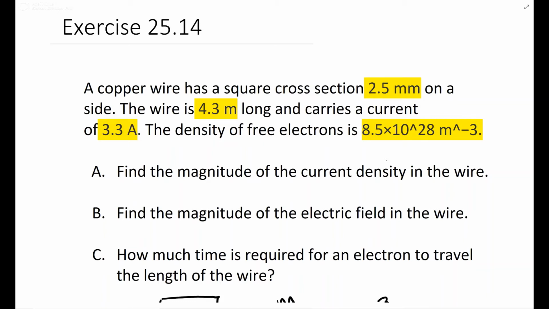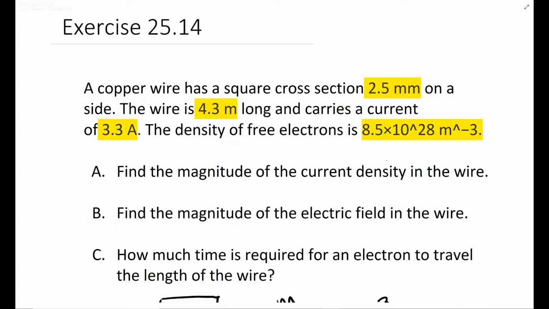Say this is exercise 25.14, and in it they give you a copper wire. It says it has a square cross-sectional area with the side length of 2.5 millimeters. It gives you the length of that wire, which is 4.3 meters. The current it is carrying, 3.3 amperes, and the density of free electrons, which is usually N and called the